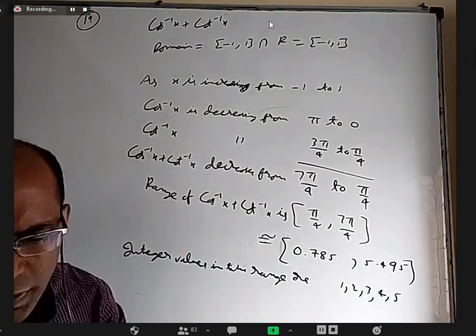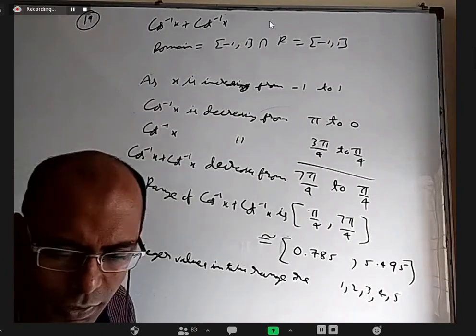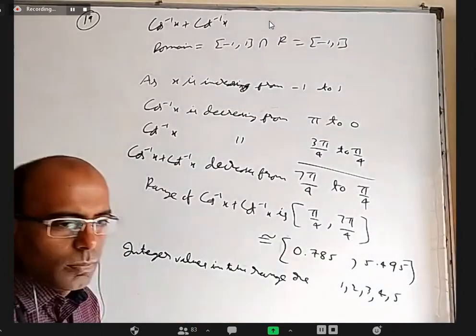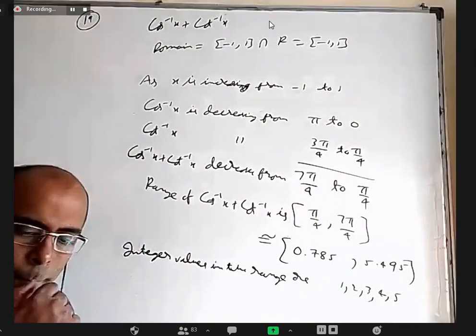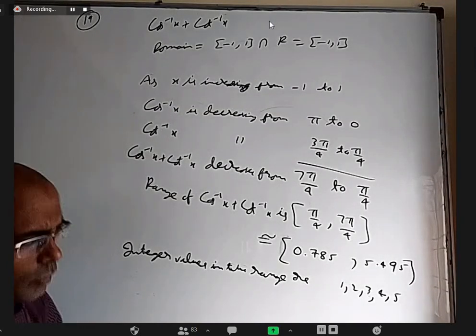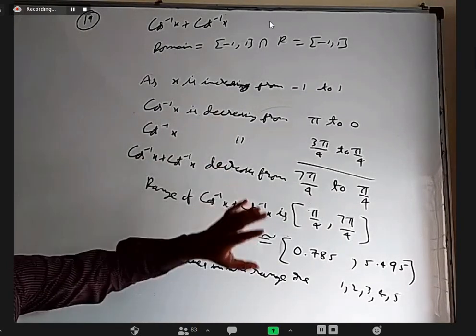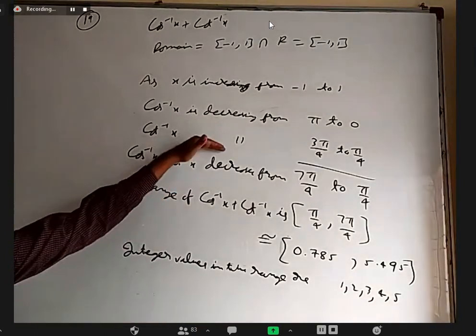So lambda should be an integer and this equation should have a solution. So we have to see what are the integers which are available in the range. These are the integers which are available in the range, which are 4 solutions. Okay, so when one function is increasing and one function is decreasing, what happens to their sum? What is the minimum? What is the maximum? You cannot tell. They both are decreasing, so it is easy.